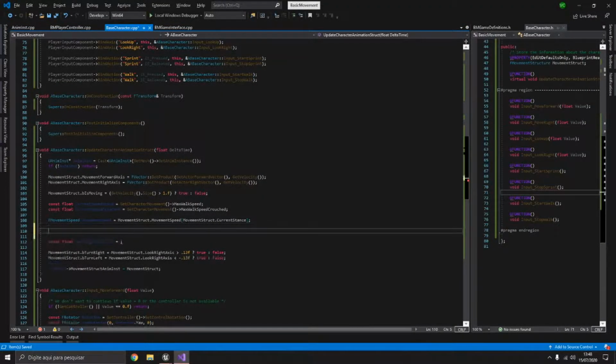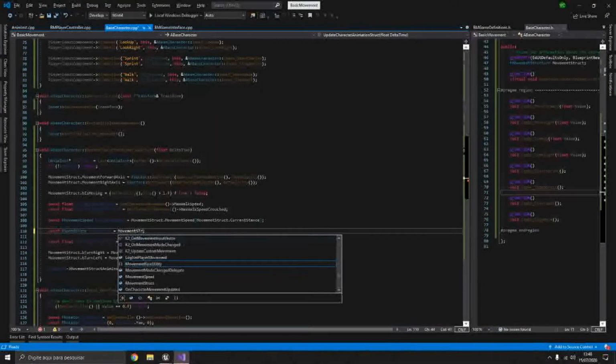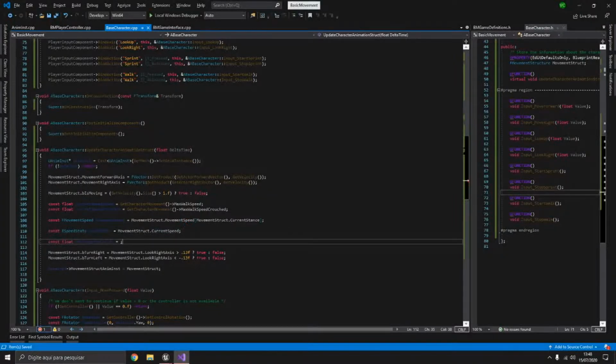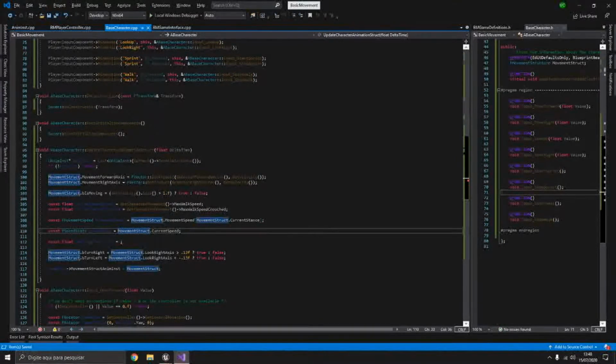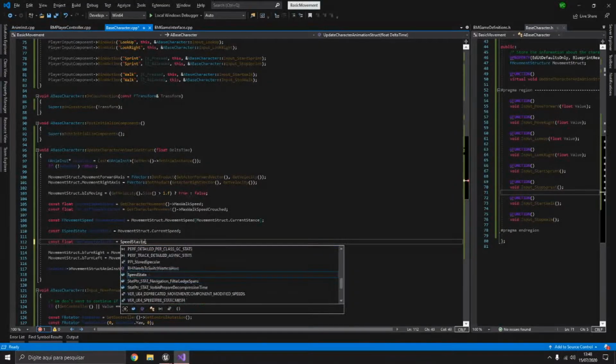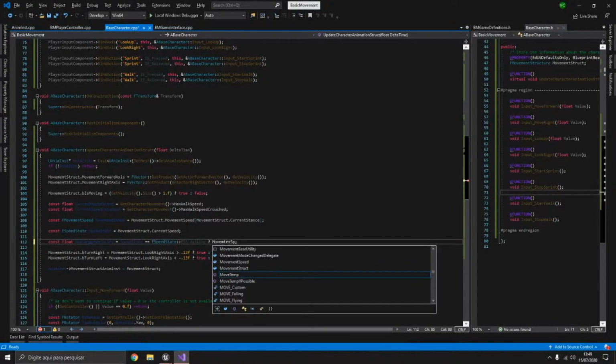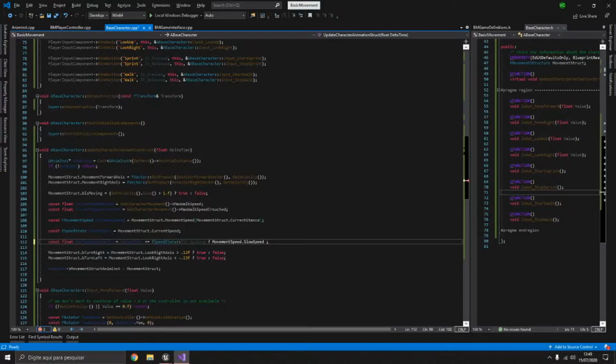And here on new target velocity is going to be this. So we have here a new variable, speed state. We do this as a const, movement struct current speed. So here is gonna be based on this. The new target velocity will be based on speed state equals ESpeedState walking, it's going to be movement speed dot slow, or